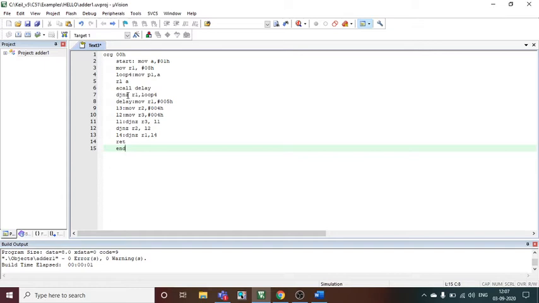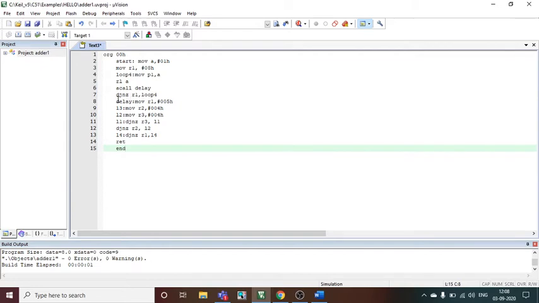And after that we have to use a delay program, because we don't want the LEDs to keep on rotating from left to right immediately. We want it to be a little slow, so it depends. Like I have used MOV R1, 005 in the delay program, then R2, 004. You can use a little less also, or you can use more also. If you are using hardware, you have to burn the program in the hardware. Then you can use a little more like 0FFH, because at that time we don't want it to be very fast. But when we are doing it using software, then 005, 004 is enough. So we can use it like this.